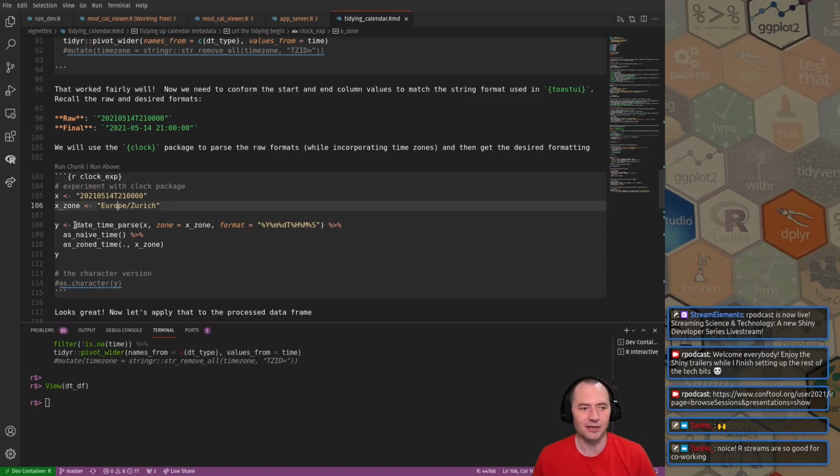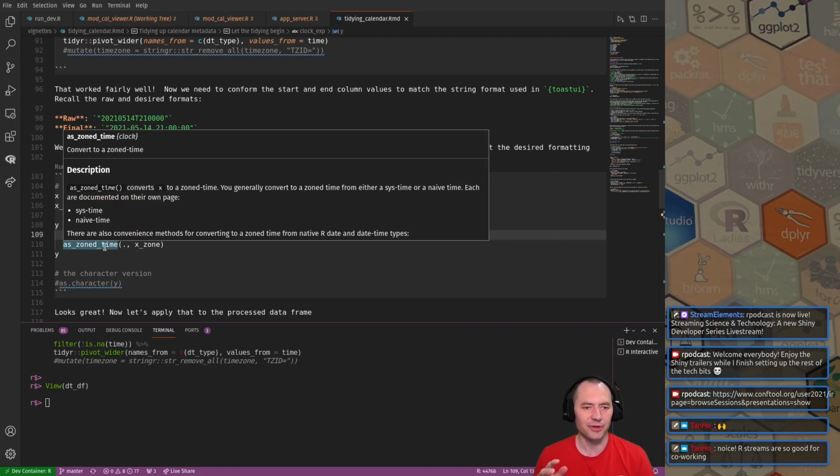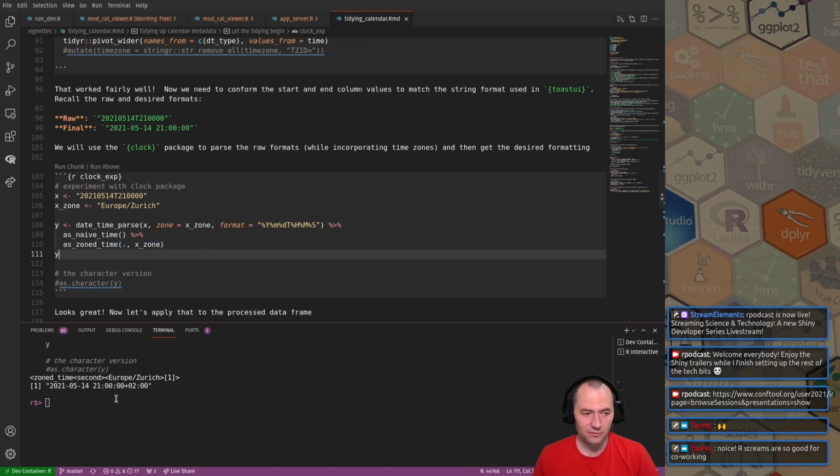So we parse the date, and then they have an interesting function called as naive time, which gets it into a more brief timestamp that ignores time zone. And then we're going to add it back as what's called a zoned time. What's cool about this is that I think it's going to let me pivot between different zones by just rerunning this as zoned time at some point in the processing. So in my calendar app, if we want to let the user switch between US Eastern Standard Time to UTC or GMT or whatever the other ones are, we should be able to do it with just this kind of function call. So if I run this, you can see that